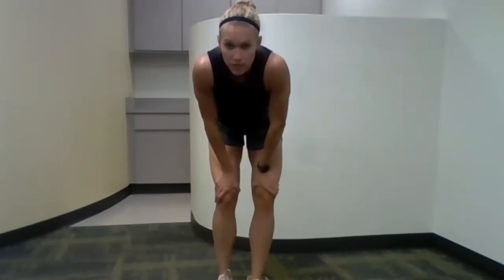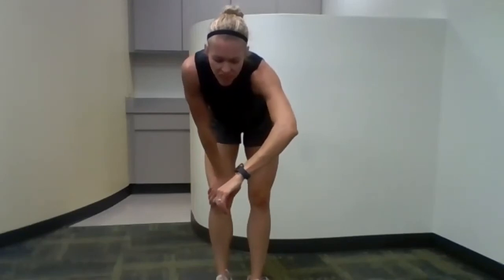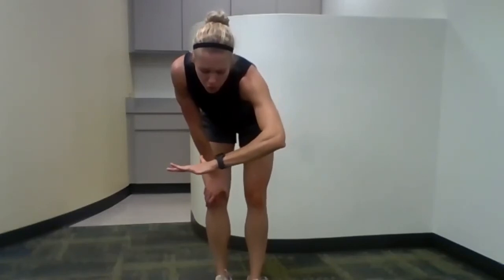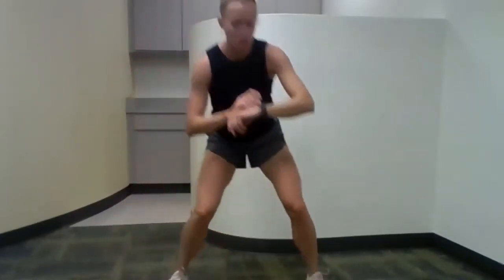We've got one more round and then we're done for today. So back up to the top, in and out squats for 30 seconds. In 5, 4, 3, 2, 1, and go. 30 seconds, in and out. Kind of land nice and quiet. And you can do the step out as well. Three,